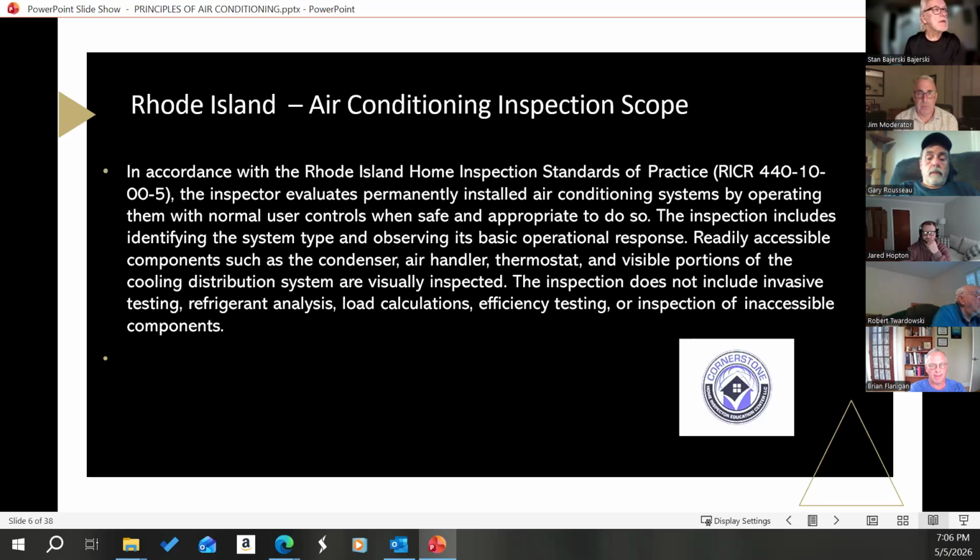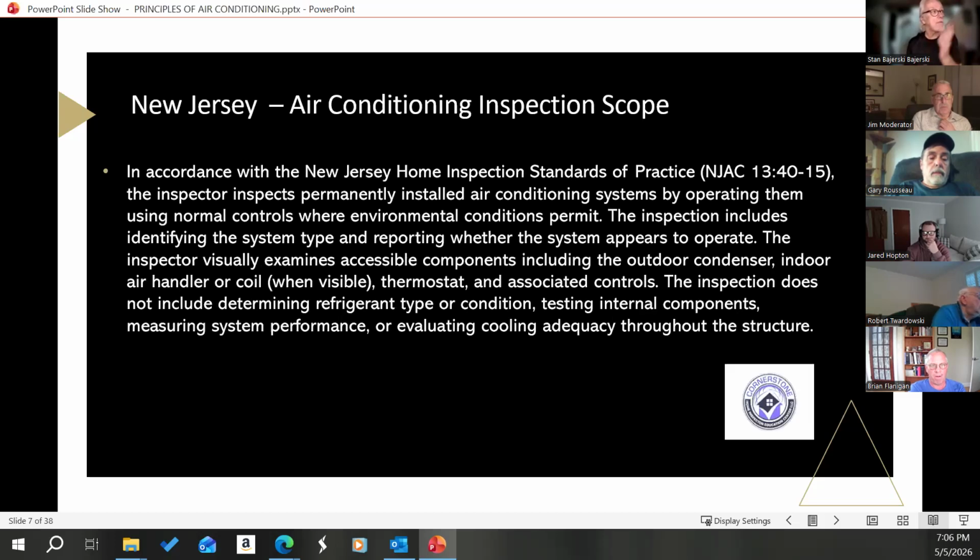The inspection does not include evasive testing, refrigerant analysis, load calculations, efficiency testing, or inspection of accessible components. So basic themes are the same, just the words are different. New Jersey,